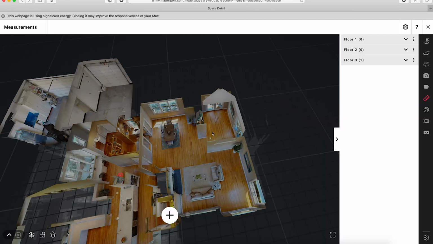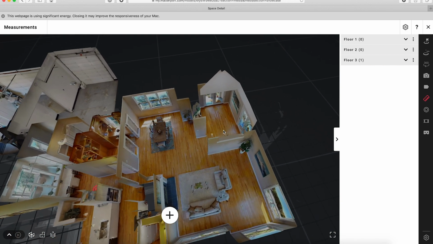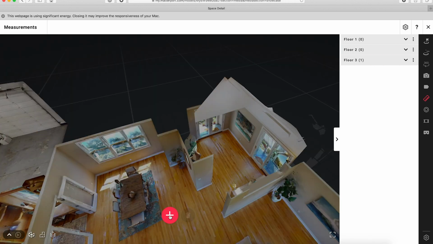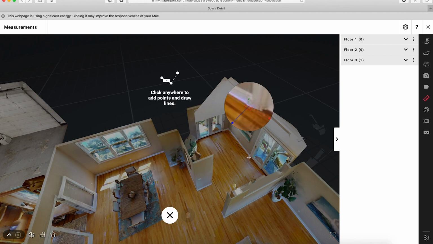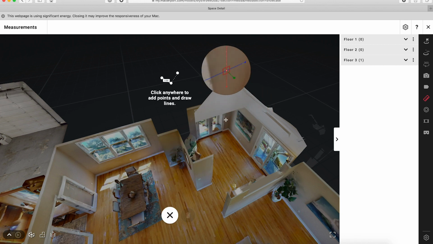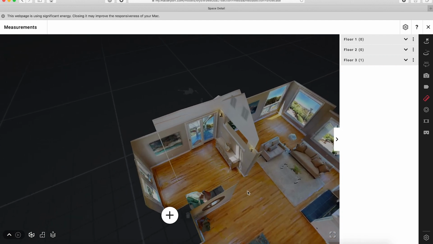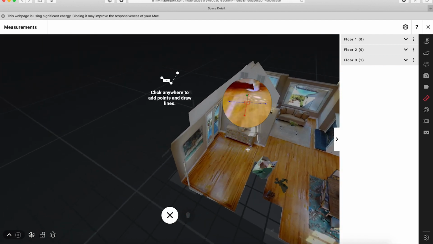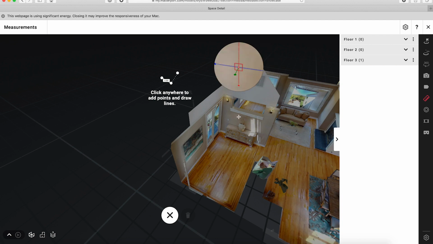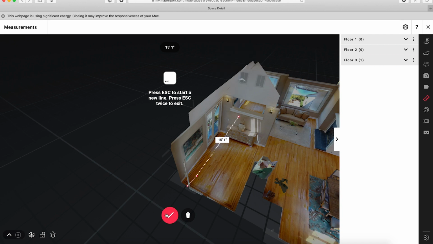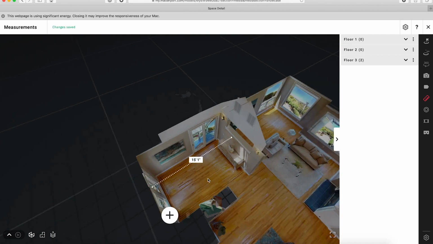Let me show you what I mean by that. If I go in here and draw a measurement line, I'm going to press the plus sign here again. This time I want to go from wall to wall. So let me actually cancel that and turn around and draw it from this wall instead. So press the plus sign here, and I'm just going to double tap. You can see that a line was drawn all the way across to the opposite side of the room that is perfectly perpendicular to the surface on which I initially clicked. Now I can go over here and press the check mark again, and there's my line.